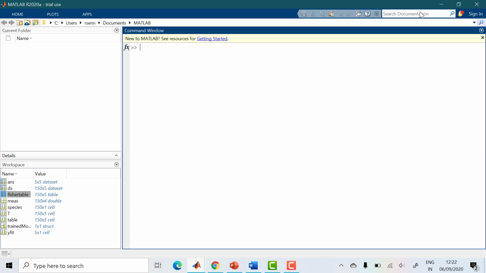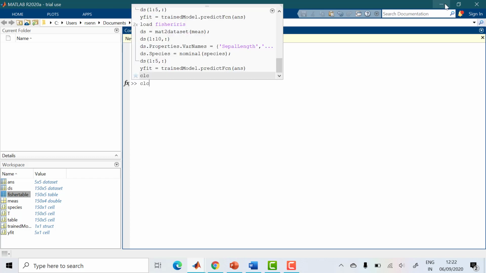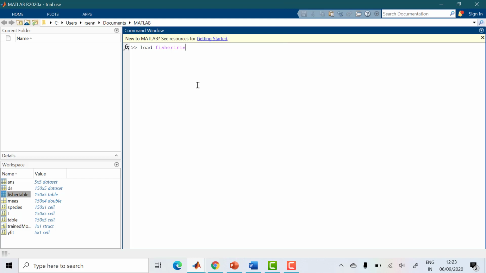Here it is already inbuilt in MATLAB. So I'm going to use load fisheriris. Fisher Iris is the data which is already inbuilt, where the Fisher Iris data is about the sepal length. You know the leaf, right? Leaf of a plant. The Fisher Iris has already loaded the data of the sepal length, how much, the petal length, how much, and what is the width, and all those things are being loaded.